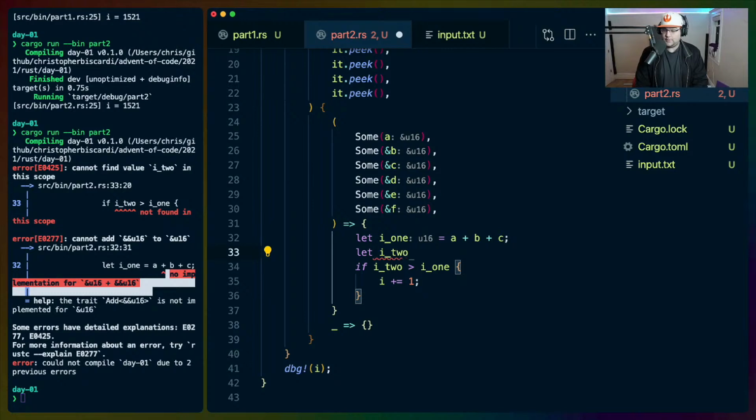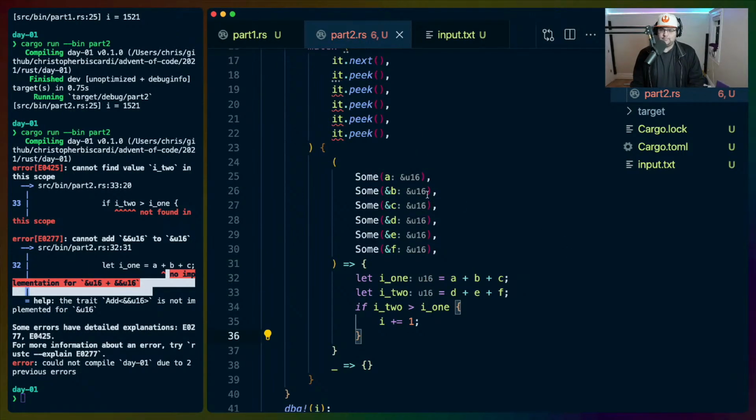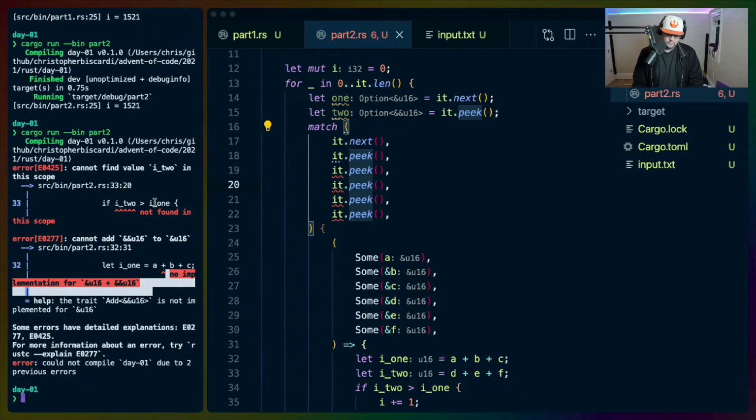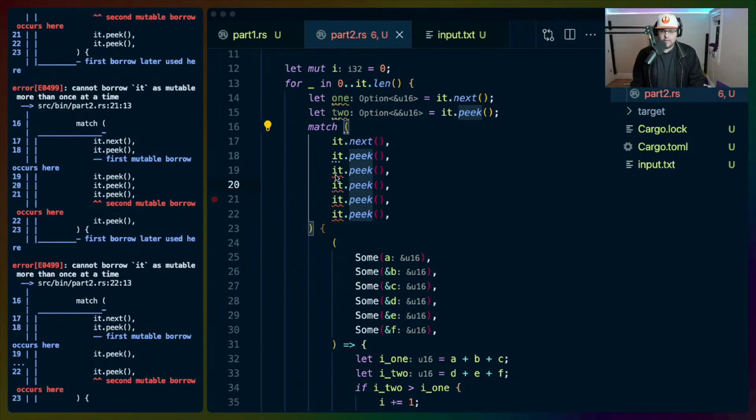Let I2 equals D plus E plus F. And then the same thing, right? I think it's going to be, yeah, borrows. Second mutable borrow occurs here. We don't need mutable borrows for these. Oh, I have too many of these.